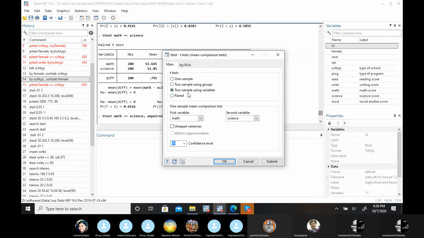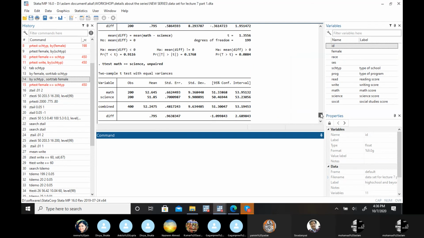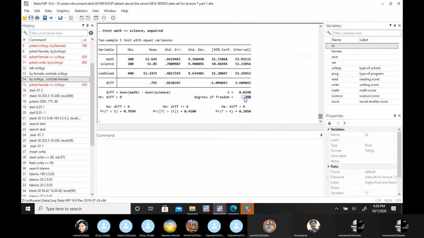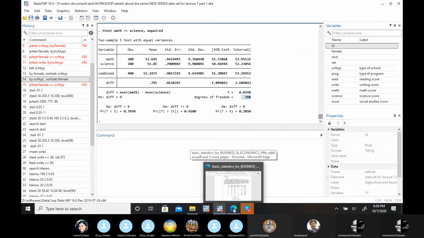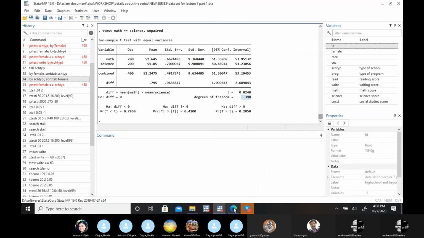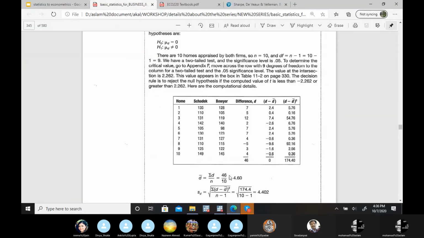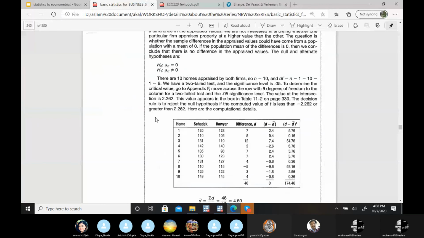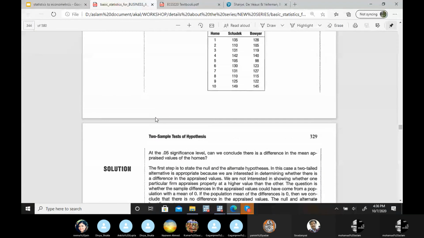If you think the samples are independent, although in this case the sample is the same, what it did is it counted it twice, 200 plus 200. So that depends upon the situation. In this case, we have a single data set, but if you have two data sets, then you can go with this unpaired case. Let me see this particular book case now. They have this particular situation.